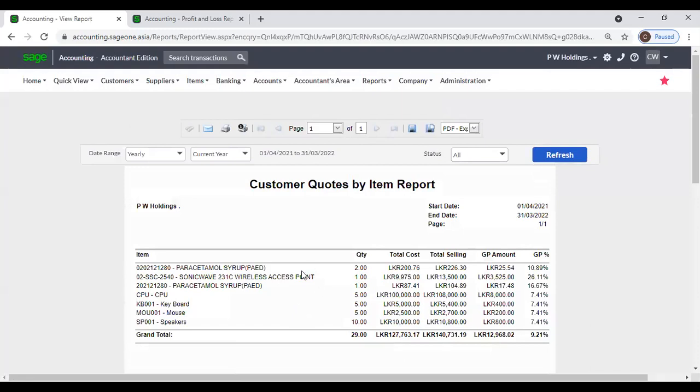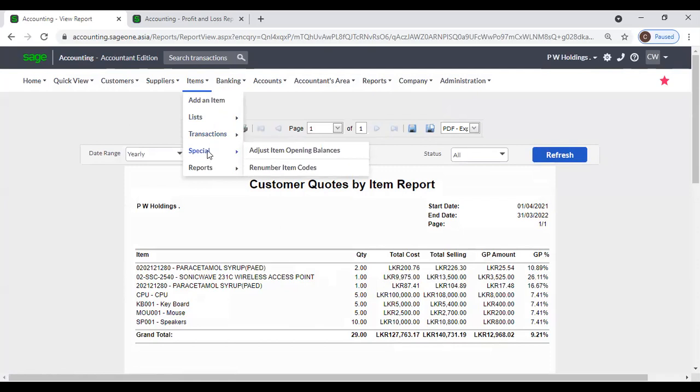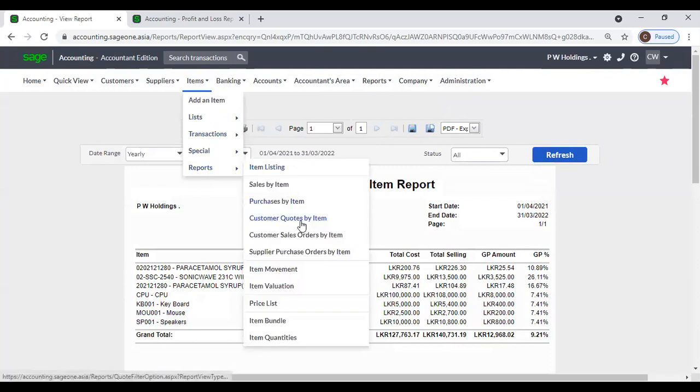Right. Now this is the summary report. From here you can view the item, quantity, total cost, total selling, gross profit amount, and gross profit percentage. And if you generate the detailed report,